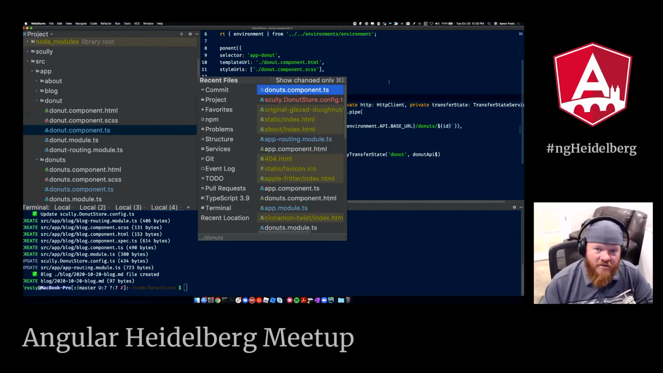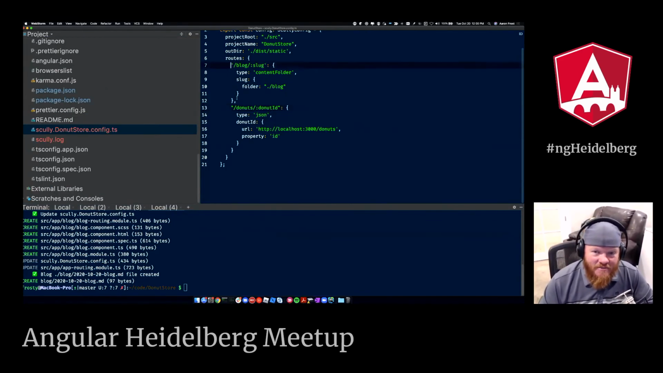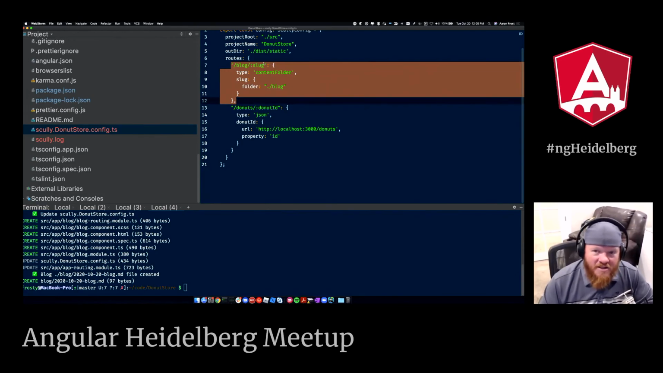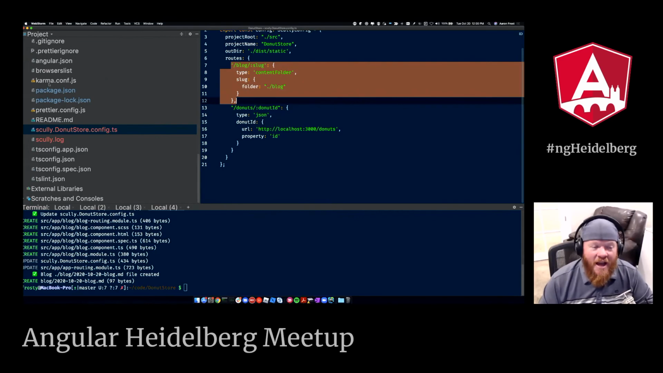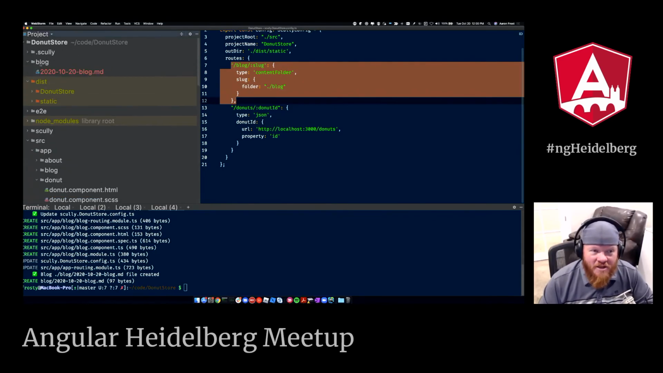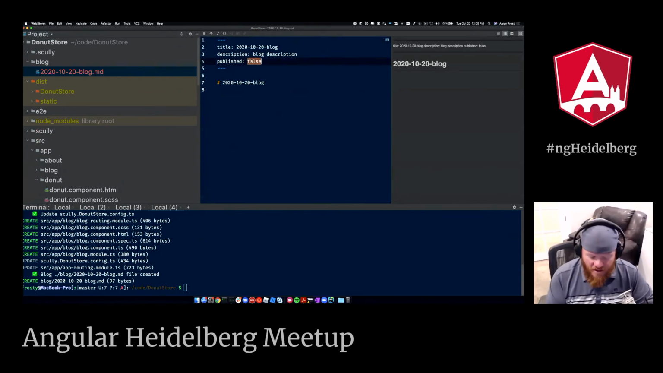So if we look at the Scully config, it added this in there. So now I have a content folder plugin that will read my markdown files, right? And where do I write my blogs? Well, just up in this blog folder in markdown, right? So I can call this whatever I want. Let's change publish to true. We'll say the slug is